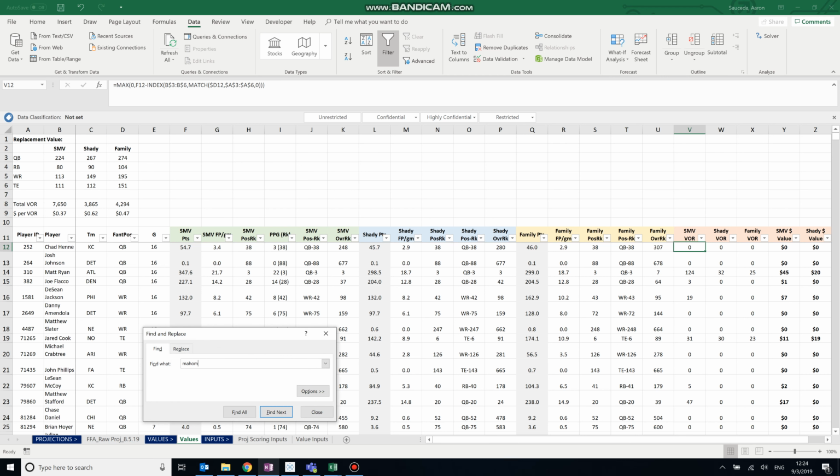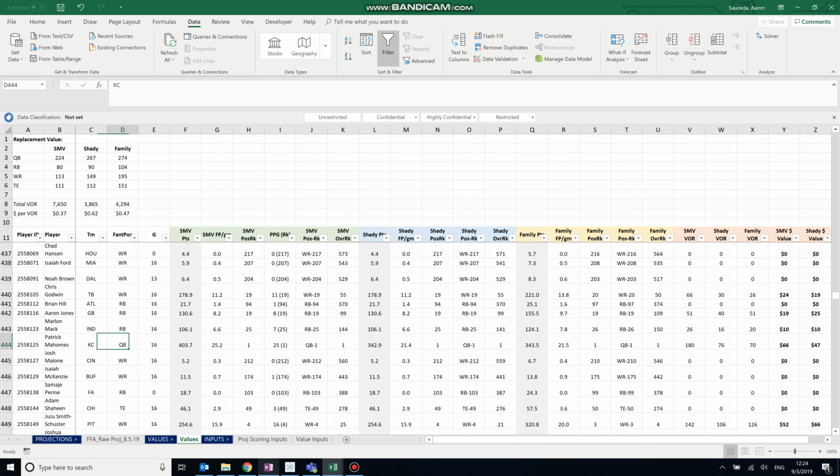So let's start with Pat Mahomes, for example. He is projected in Shady for 343 points. So because of that, his VOR is 100. Oh, that's the wrong one. S&P. His VOR is 76 points, because his projection is 76 points above that replacement value. So then what happens there is you take